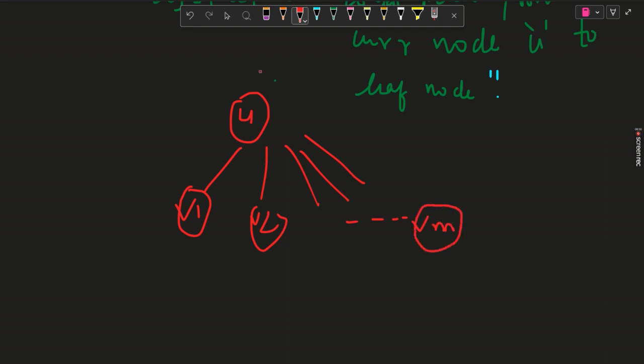We have m children of this root node u. If I need to calculate the answer for this node u, the answer will be 1 plus the sum of two longest branches. Let's mark it with mx1 plus mx2,